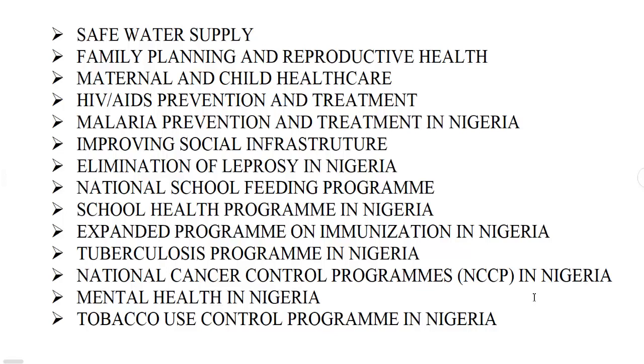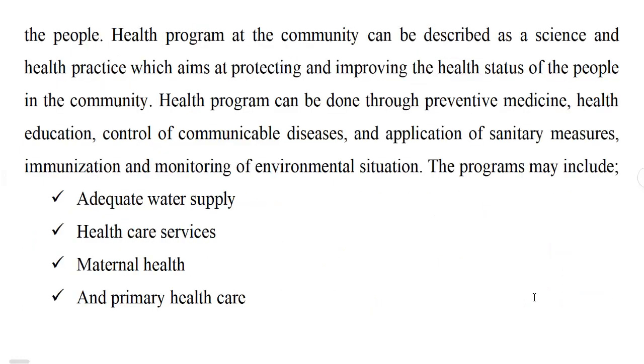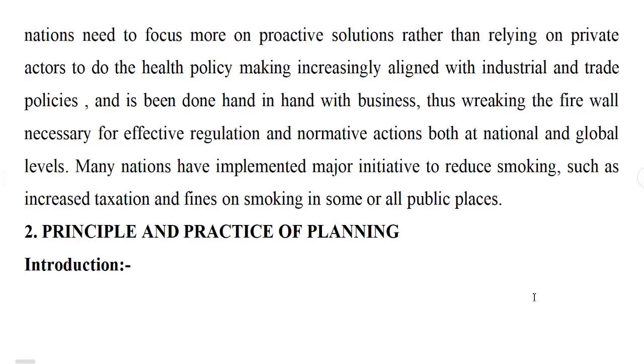There is a program on elimination of leprosy in Nigeria, school feeding program, school health program, expanded program on immunization, tuberculosis program, National Cancer Control Program (NCCP), mental health, tobacco use control program in Nigeria, polio control, community health programs, national health mission or non-communicable diseases. All these programs are vital to the health and wellness of the people. However,